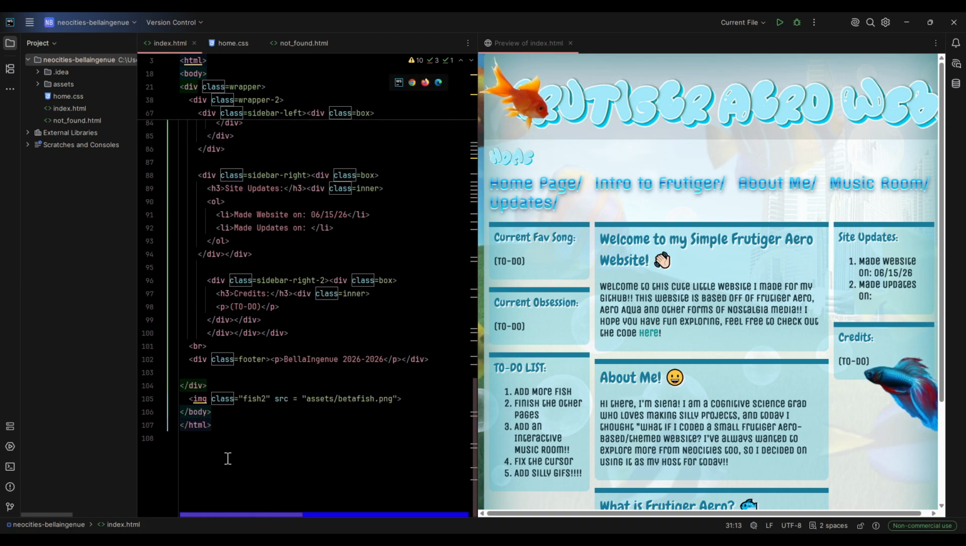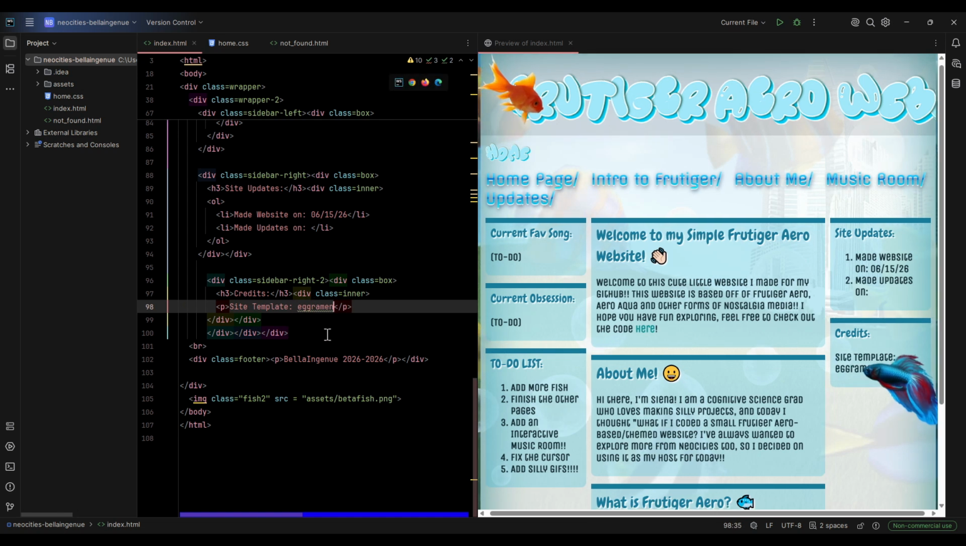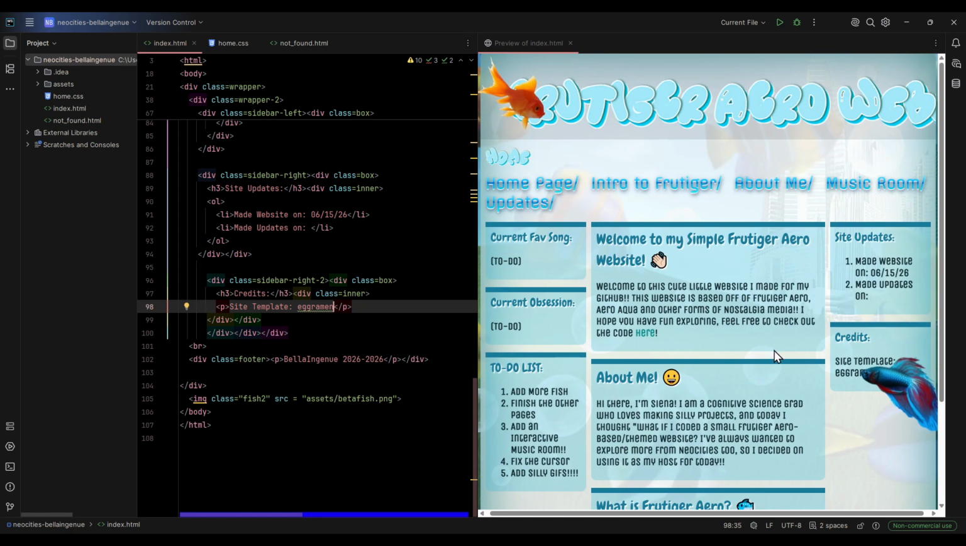I will have to give credit to the person who made the actual template first. Let me do that. Egg ramen. Oh my god, I'm stupid. Bro, I'm so stupid. Okay. Site. Egg ramen. Oh, you can't really see it because of the fish in this version, but that's fine. That'll work fine. And then what I wanted to do last was make sure that